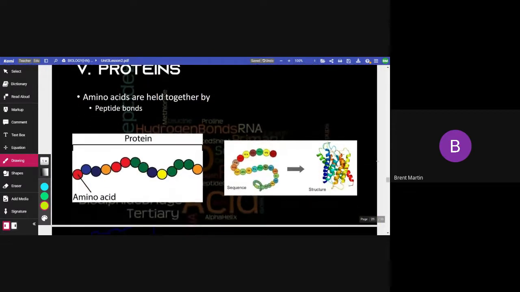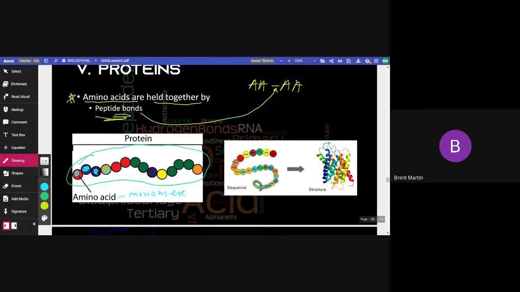And here's another way you can look at it. I do want you to know this too. We've talked about several chemical bonds before. We talked about covalent bonds and hydrogen bonds. I want you to know amino acids are held together by a chemical bond called a peptide bond. Now, for a monomer, each one of these amino acids, each one of these little dots would be a monomer. But when you put that large molecule together, the polymer, that polymer is a what? Protein, right? Make sure you understand how these things are built.